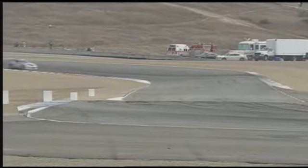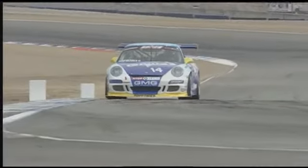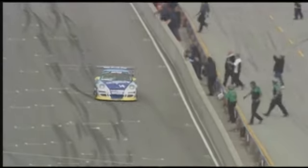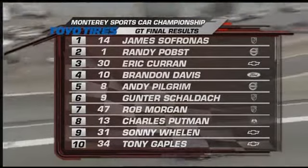Meanwhile, let's celebrate with James Sofronis, his winning bookend races. The first one in California and the last one in California in 2009. What a job for the Global Motorsports Group, guys. What a job for James Sofronis. Yep, based in California, and look at the celebration as he goes to the wall. He not only gets the win, he clinches the championship for Porsche with that win, but there, back and forth,